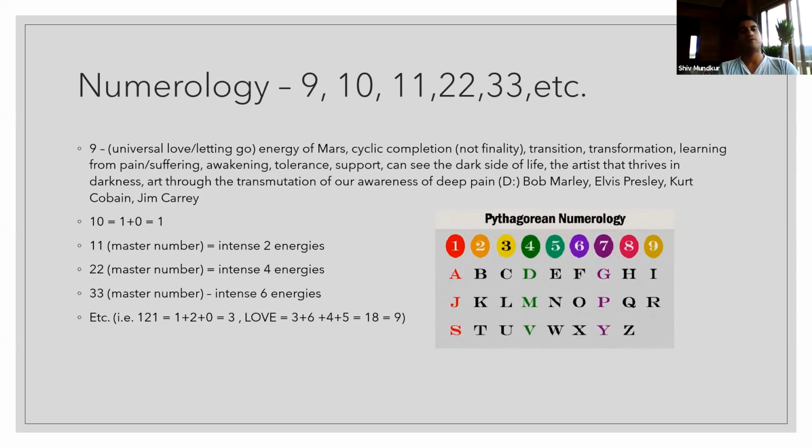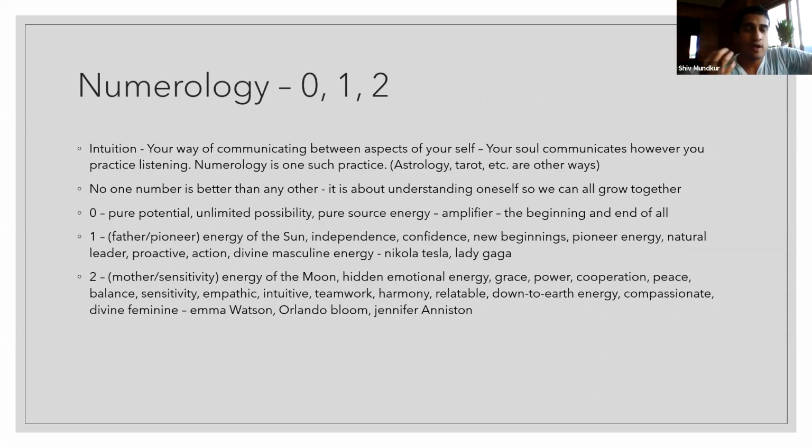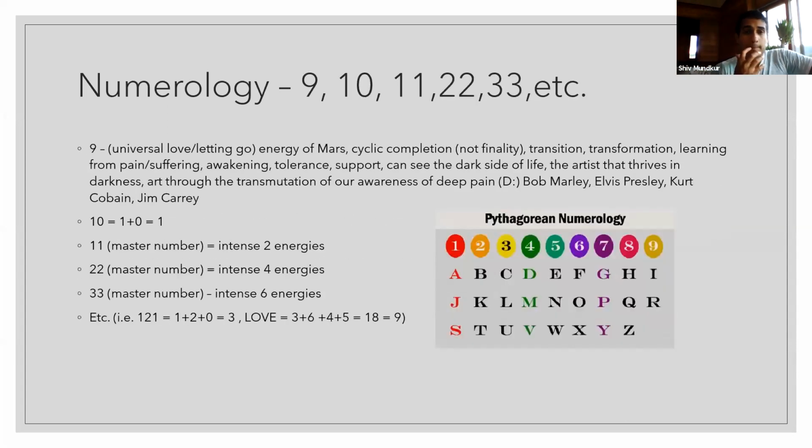So number 11, we can keep it as number 11. And what that means is that it represents the number 1 and the number 2, which is 1 plus 1. Again, we have 2. So it's sort of like 1 and 2, but a really intense number 2. So we have the number of the father and the mother energy embraced in this number 11, the energy of the sun and the moon, right? That's why people call 11 a master number. And it's basically like a very intense 1